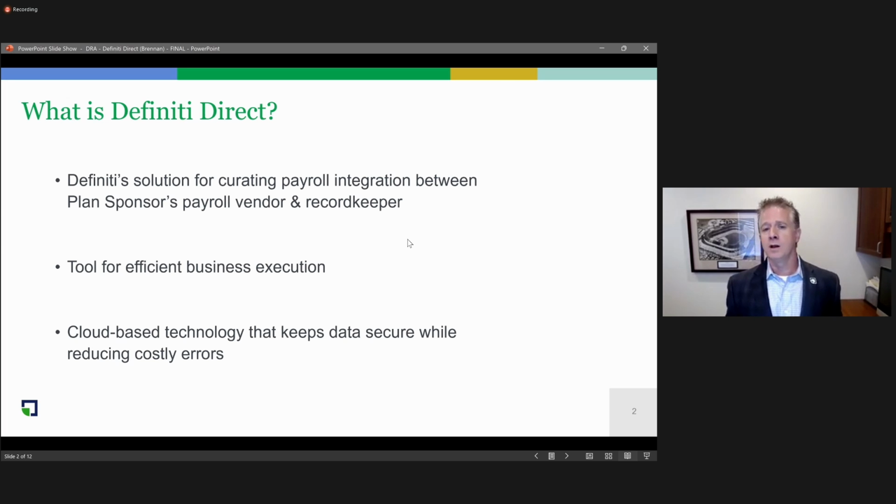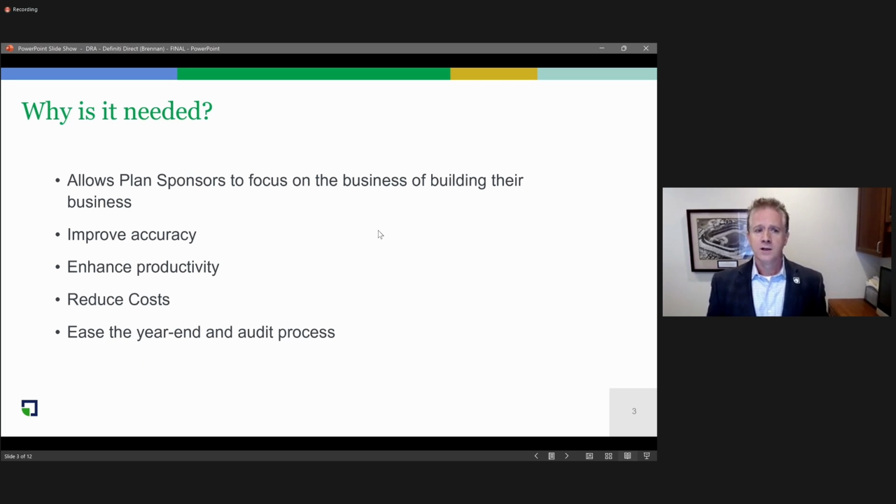Think about your small and mid-sized business owners with whom you do retirement business, and the amount of time they spend week to week, month to month, and over the course of the year either submitting payroll data or ensuring that missing data is corrected, so that loan repayment data is spot on to what should be deducted through the payroll process, and that all the appropriate census data is provided for eligibility tracking, for vesting calculations, and so on. It's really become probably the largest responsibility out of all of the administrative tasks that a plan sponsor has on their defined contribution plan. So why is payroll integration, and why is Definiti Direct specifically, needed?